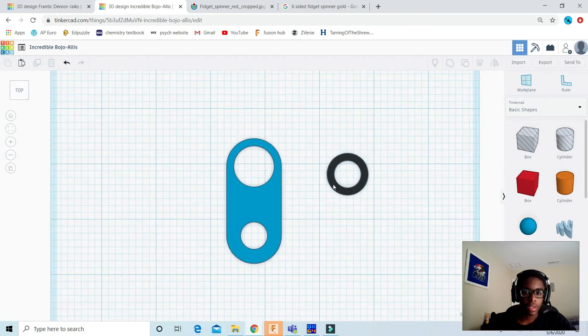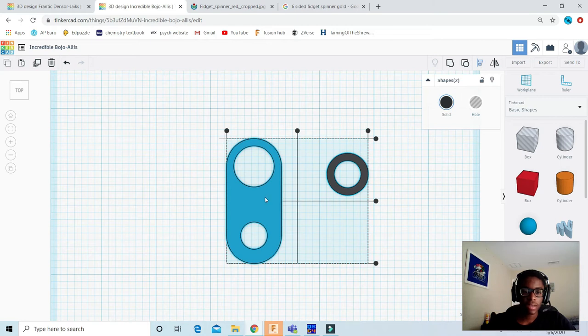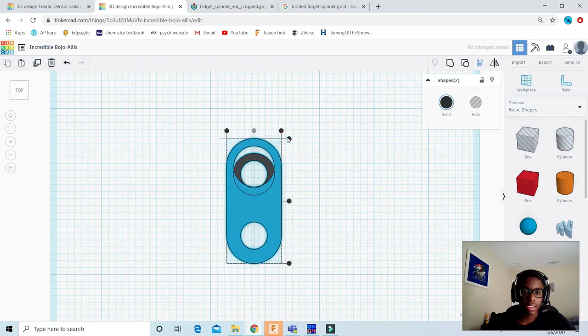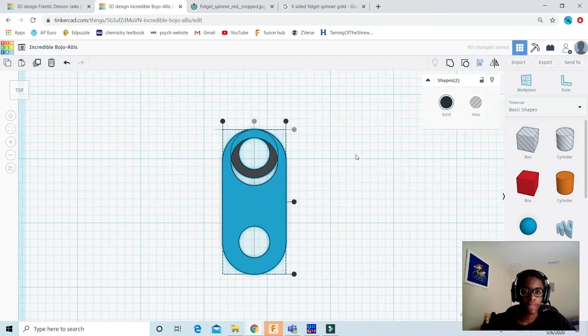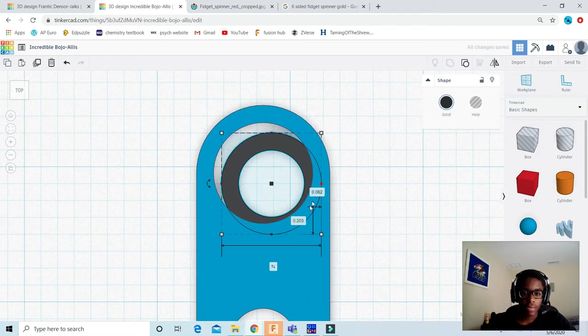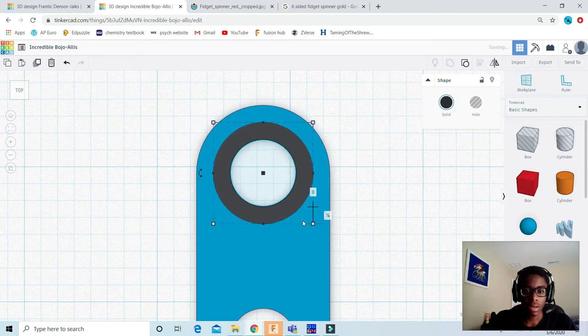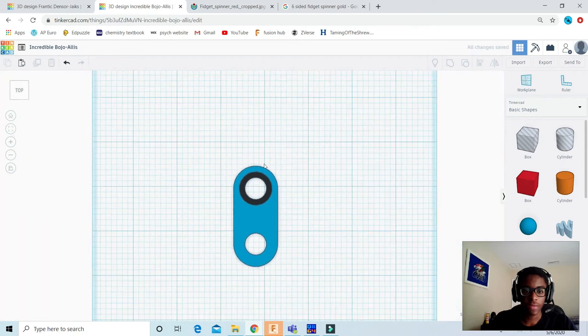So I'm going to align this. I'm going to select both of these, and click align. I'm going to click on this one again. I'm going to align it to the middle for the width and to the top right here for the length. And then I'm going to manually move it some amount and change these numbers. For how much I want to move it down, I'm going to change that to 0.125. And for how much I want to move it to the left or right, I'm going to make this 0. And I'm going to click enter. So now it should be perfectly in the center,